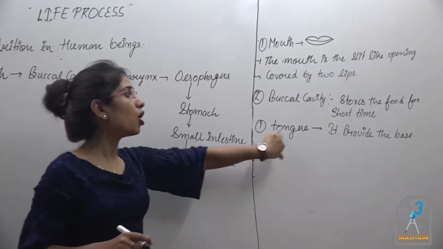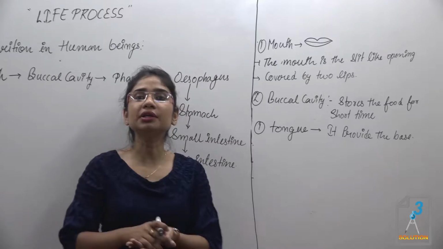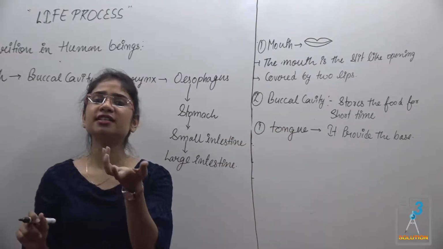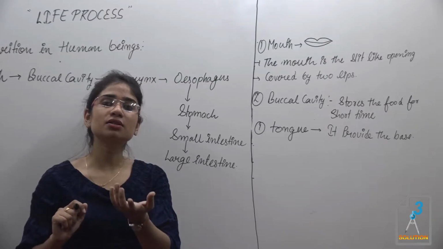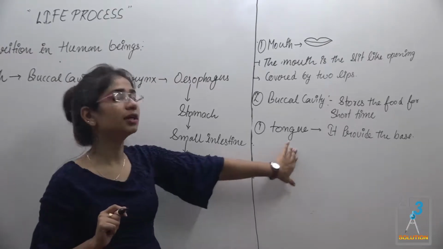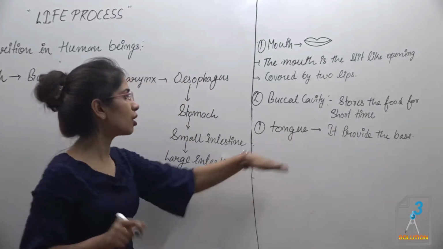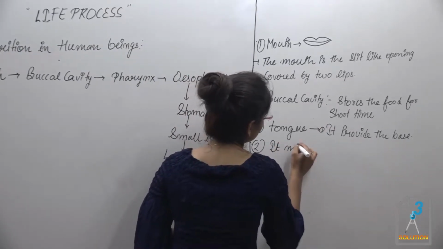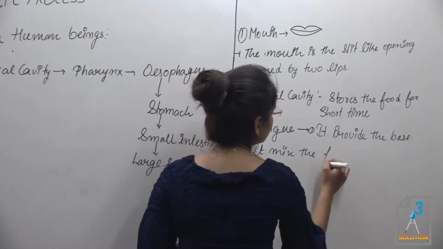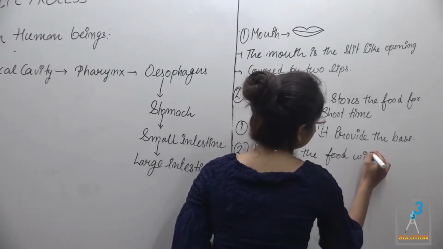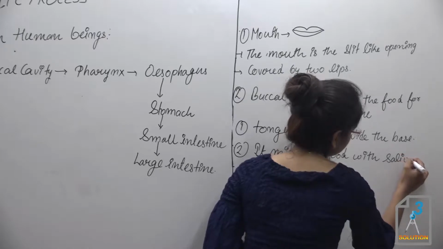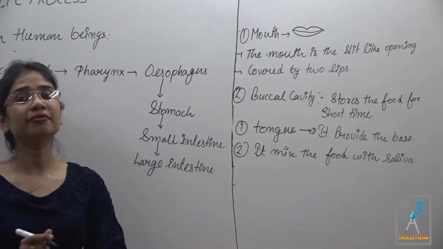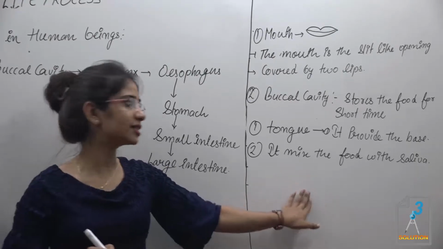Yes, and this tongue also performs a very important function, that is the mixing of the food with the saliva. In our buccal cavity, numerous salivary glands are present which usually secrete a liquid. So along with that liquid, the food is mixed by the tongue. Next function, second, it makes the food mix with saliva. Yes. Next, in the mouth, we have three salivary glands, and those three salivary glands secrete the saliva, which is